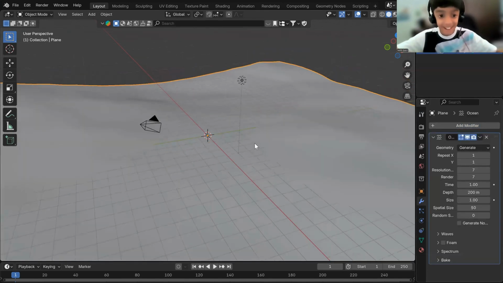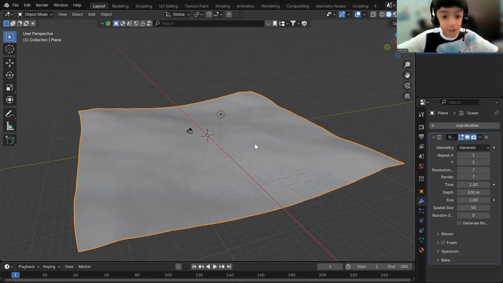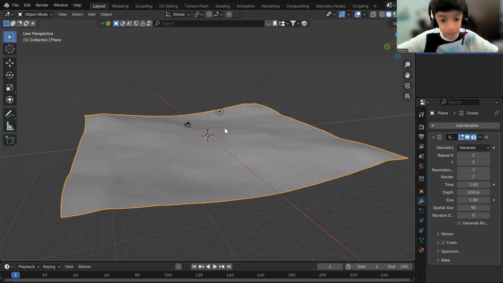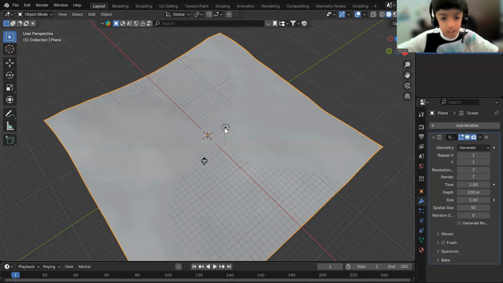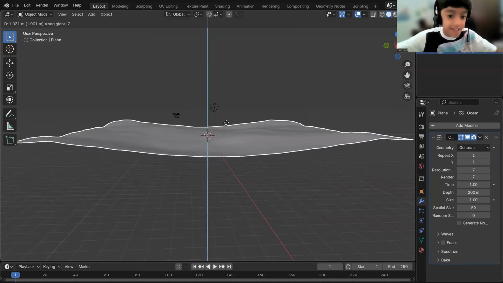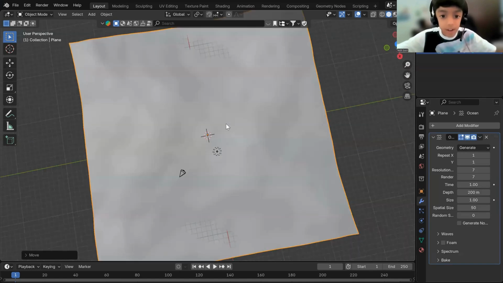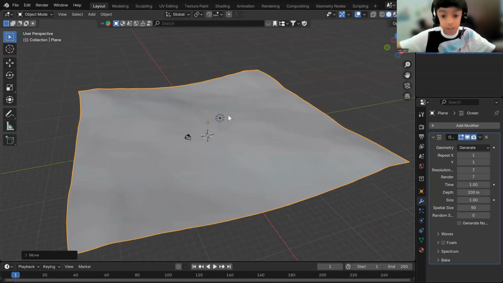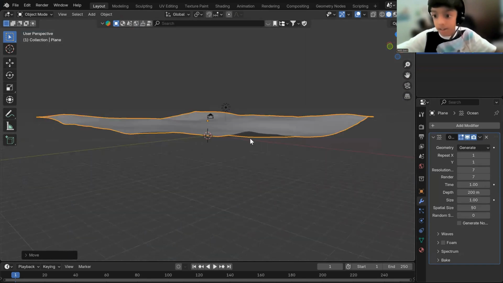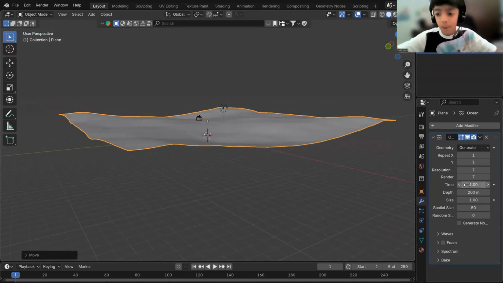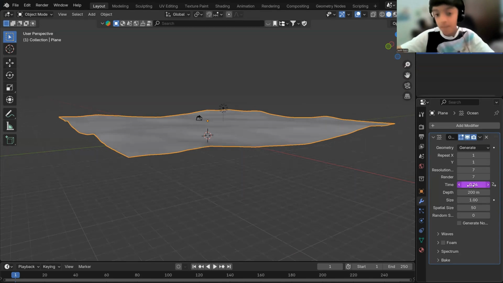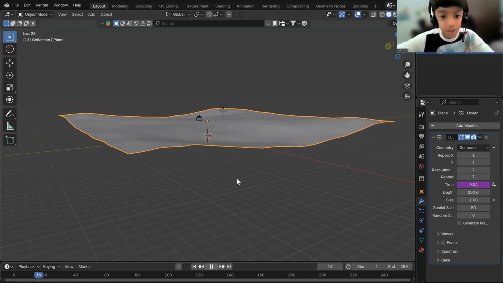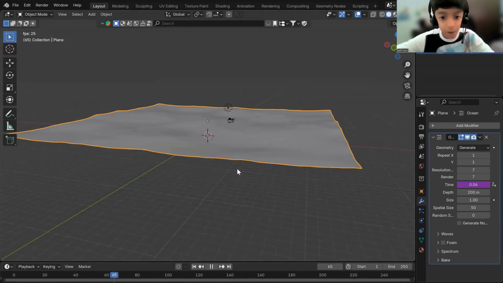Whoa, okay. Yeah, this is exactly what we need. So it converted this plane into a water-like terrain. Looks nice, right? So we are done with creating the water shape. What about animating it? Well, that's easy. All we have to do is under the modifiers tab, go to time, put hashtag frame slash 24 or 25, and if you play the animation, it'll move according to how water moves,